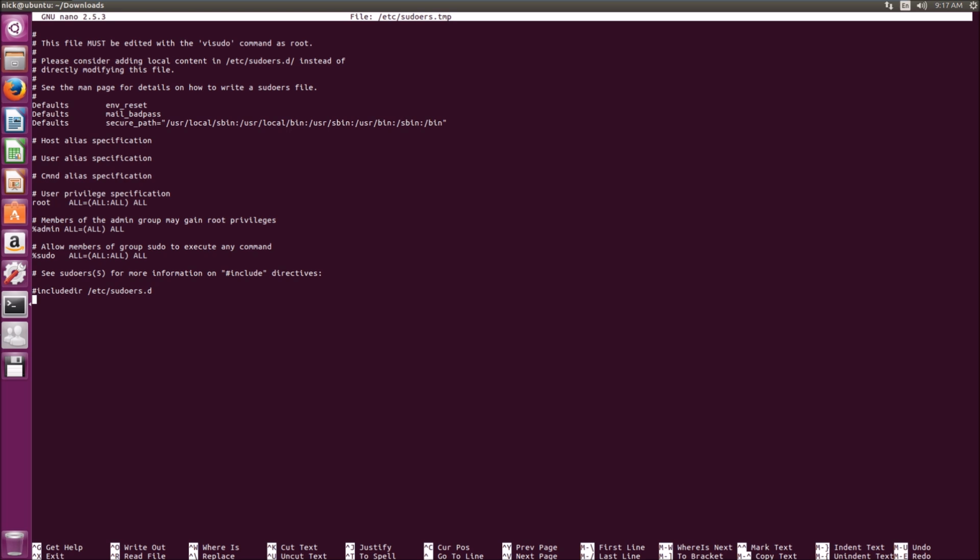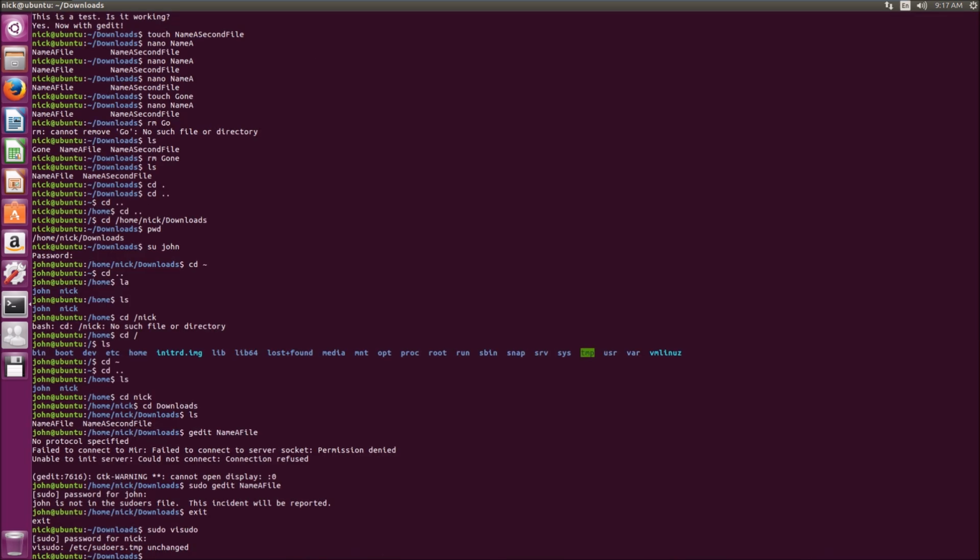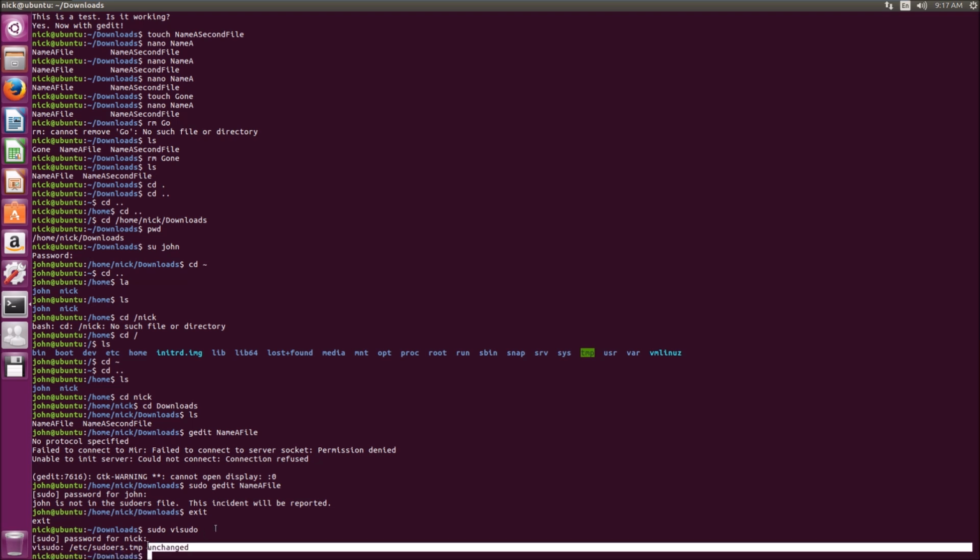So Control X to exit that file, and then you can see there that visudo, which is actually located in /etc/sudoers.tmp because it was only temporary. It was unchanged. We didn't make any changes to that file. So next,